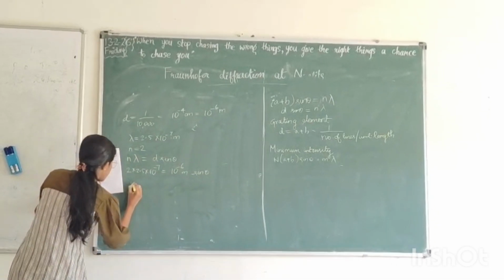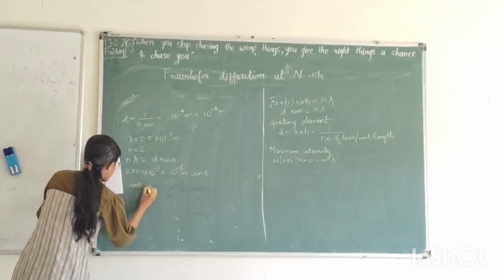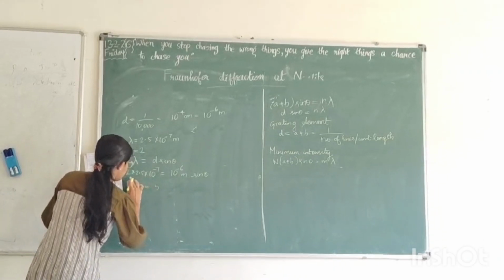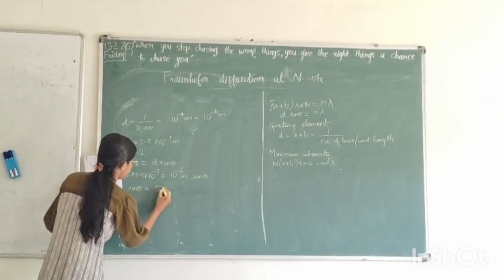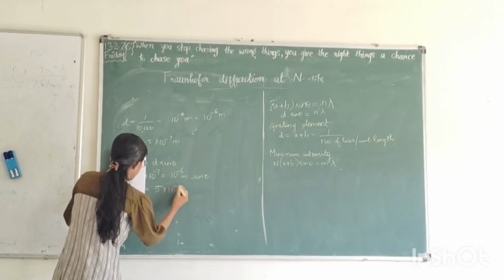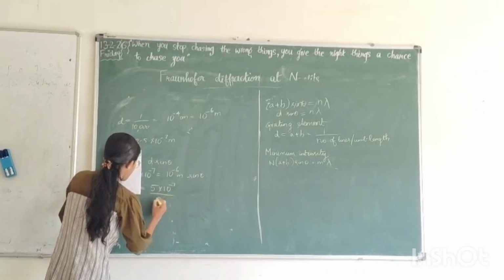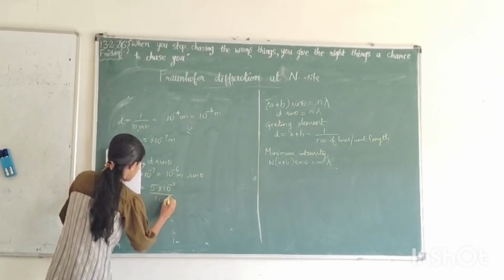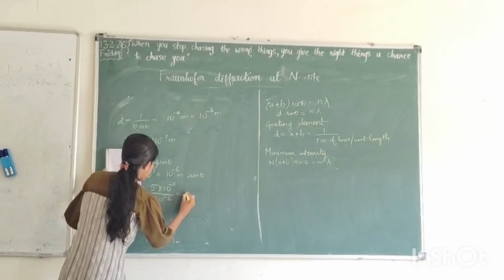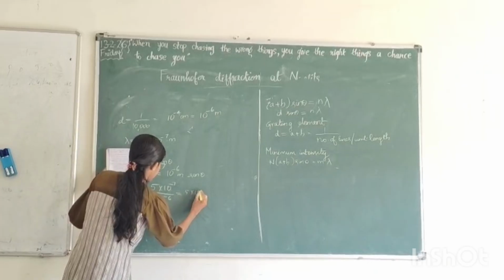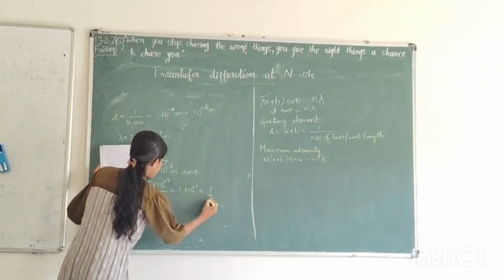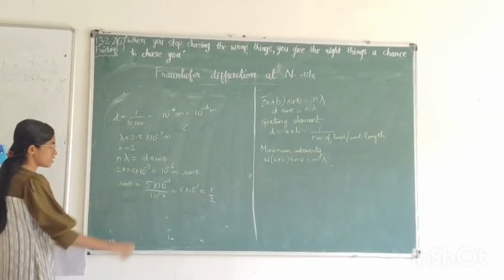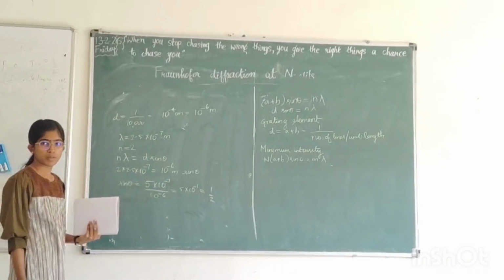So sin theta will be equal to 2 into 2.5 into 10 raised to minus 7 by 10 raised to minus 6, which is equal to 5 into 10 raised to minus 1, which is 1 by 2. So sin theta is equal to 1 by 2. Theta will be inverse of